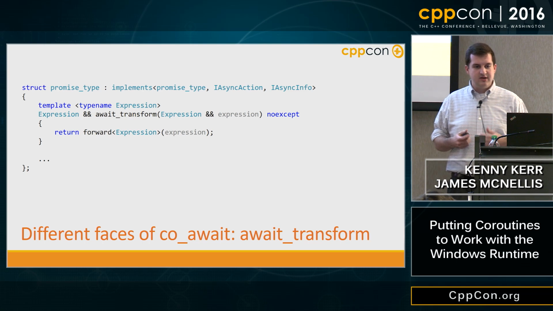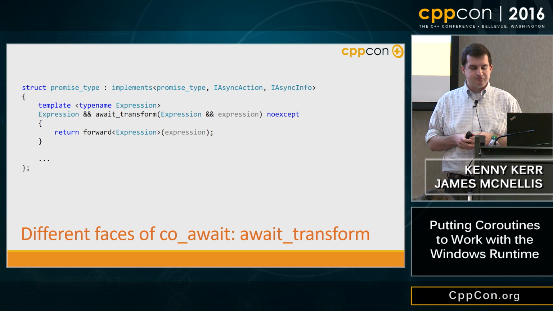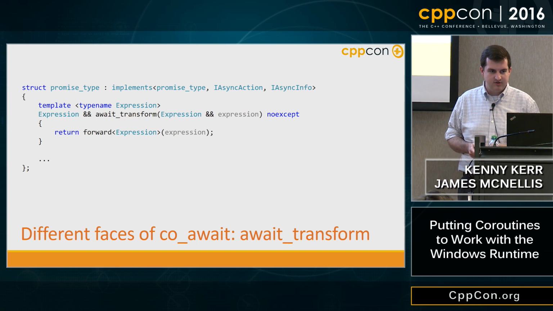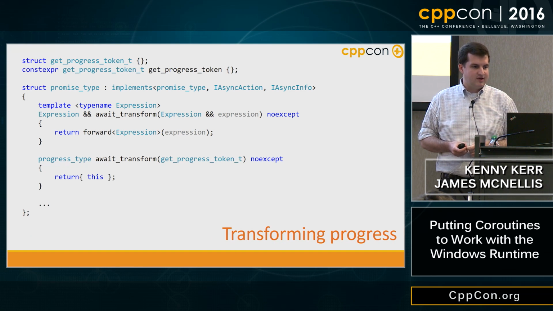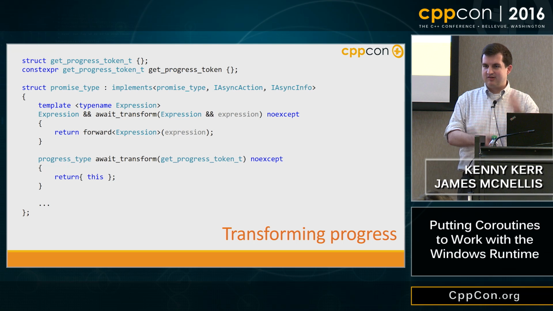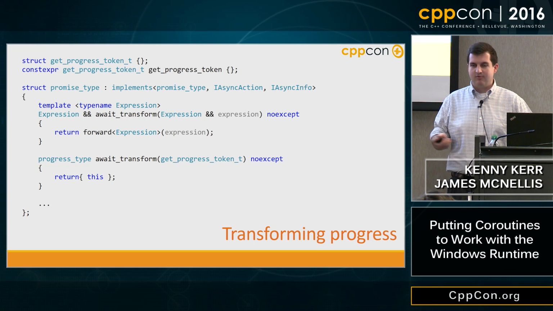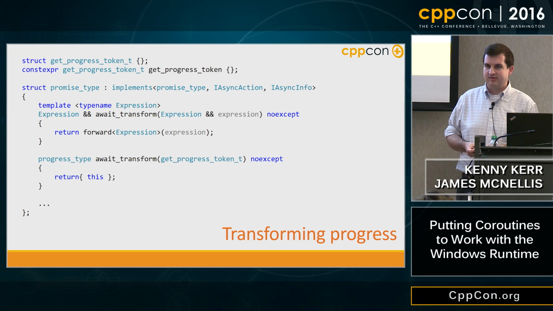So for example, we're going to use this in order to allow us to await on a tag object like getProgressToken and actually extract state from the promise using that. And so here's how we do that. We define a type named getProgressTokenT. This is just a tag type. You would never name this in your own code. And then we define an instance of it named getProgressToken. And this is the instance that we saw in the previous